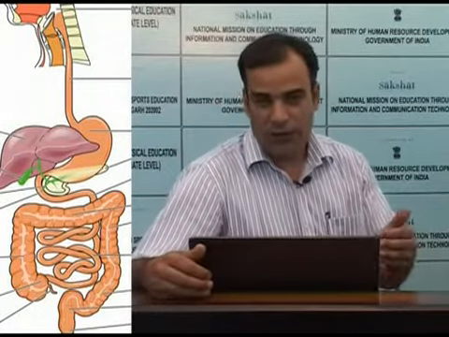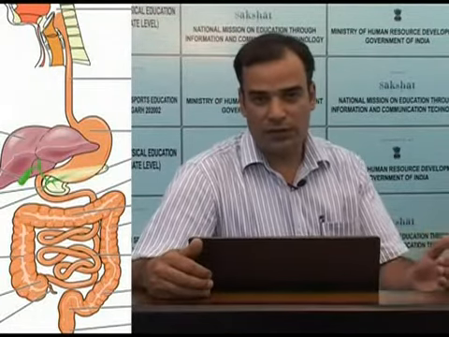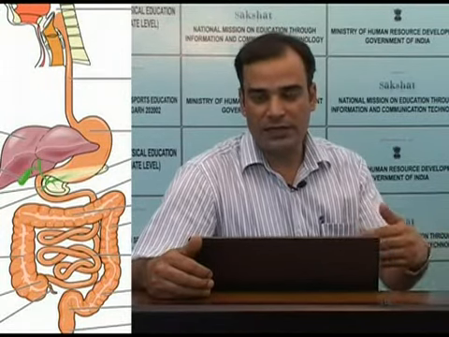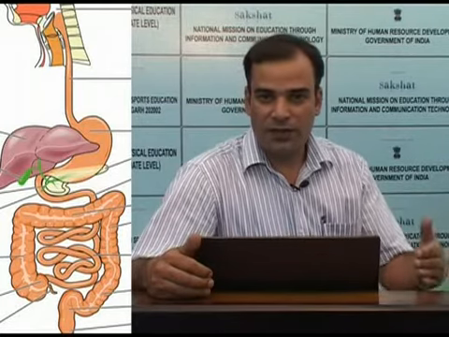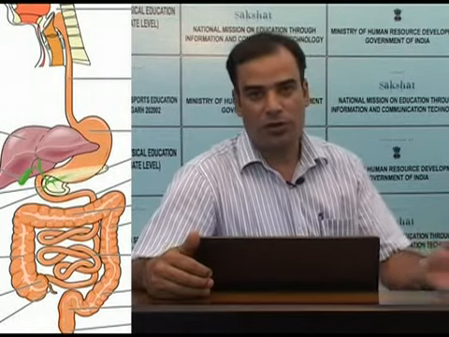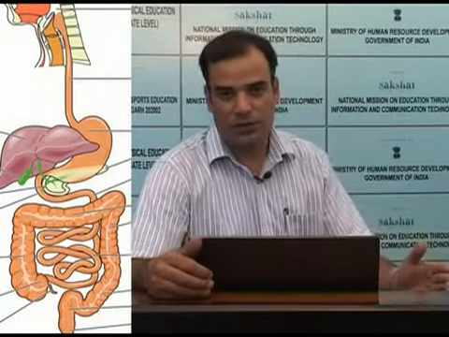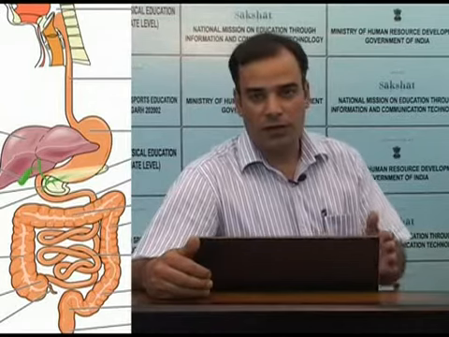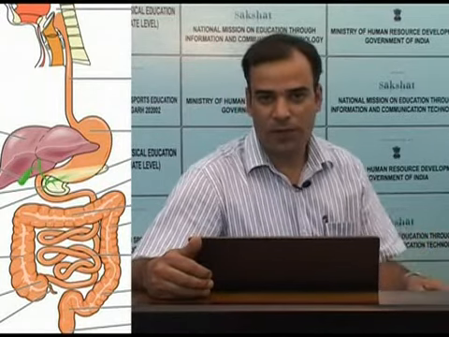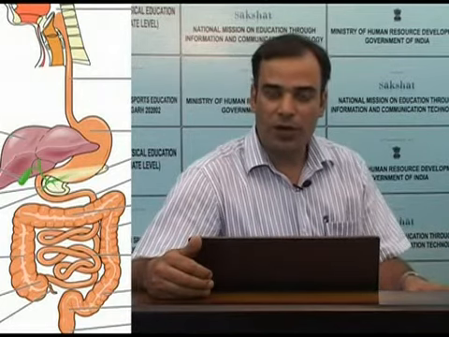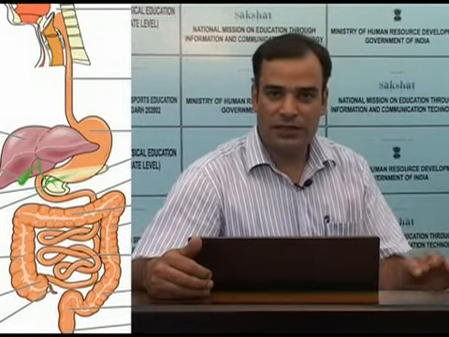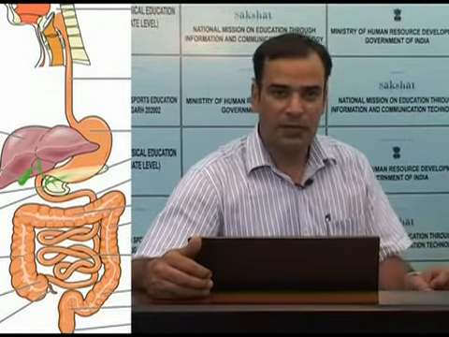So far, we have discussed two functions of the digestive system. First, it provides the route through which the food reaches our body. Second, after the food reaches our digestive system, it is broken down into smaller molecules. This process of breakdown of food from larger molecules into smaller molecules is called digestion. Digestion is one of the important functions of the digestive system, and it is from this function that the system has received its name, digestive system.